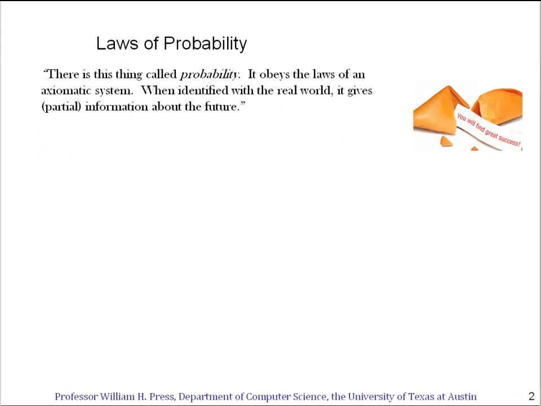Let's talk about the laws of probability. One way to start off is with a statement: there is this thing called probability. It's a mathematical thing. It obeys the laws of an axiomatic system. But interestingly, it can also be identified with the real world. And when you make that identification, it gives partial information about the future. That's what makes it useful, and that's the power of applying probability to this field that we're going to call